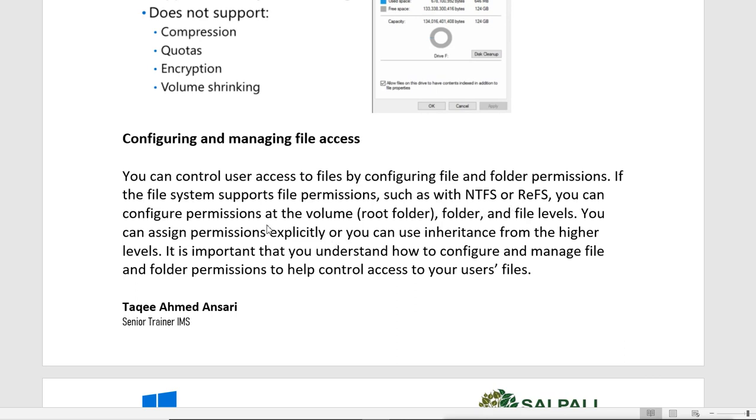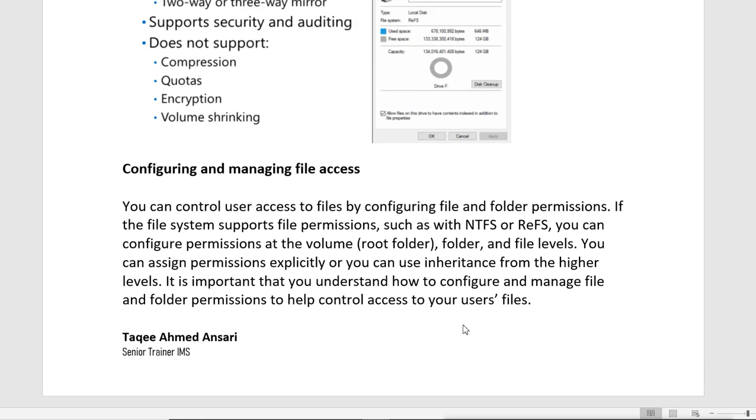You can configure permissions at the volume root folder, folder and file levels, and you can assign permissions explicitly, or you can use inheritance from the higher levels. It is important that you understand how to configure and manage file and folder permissions to help control access to your users' files.